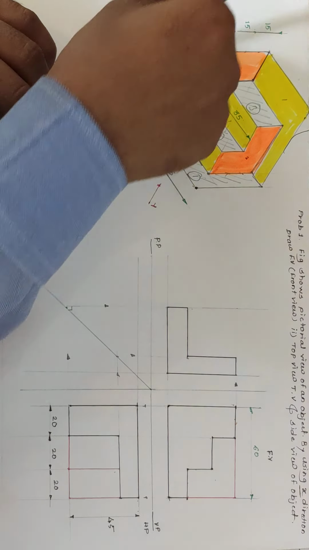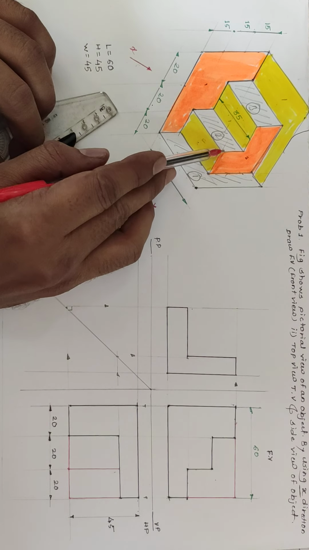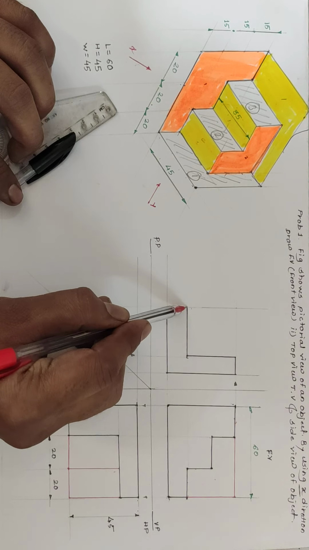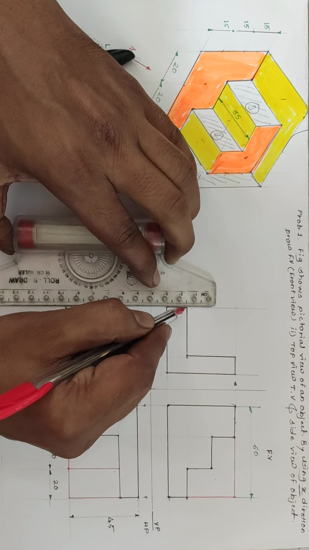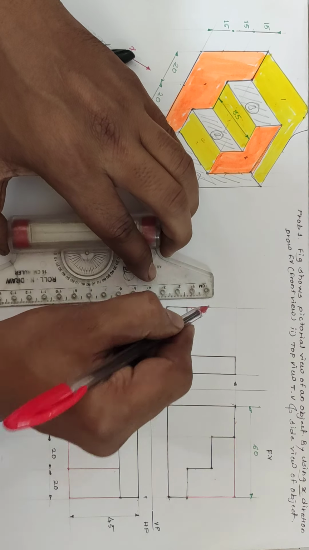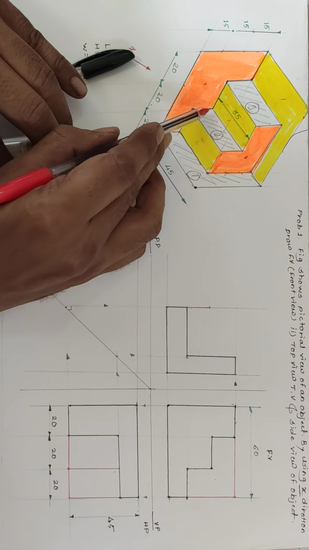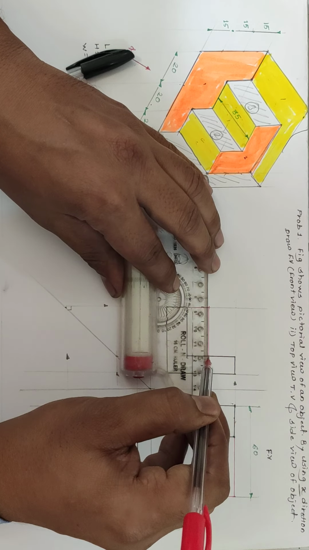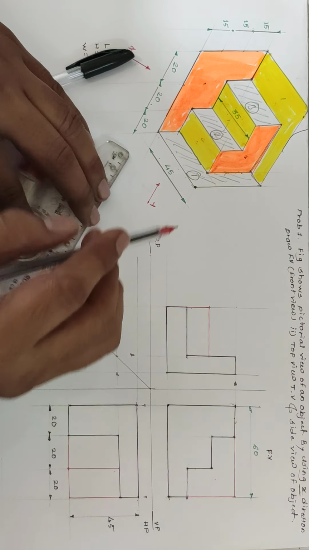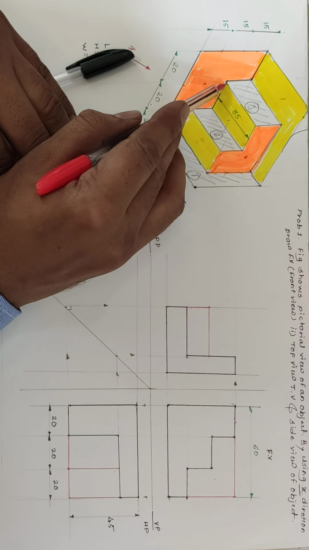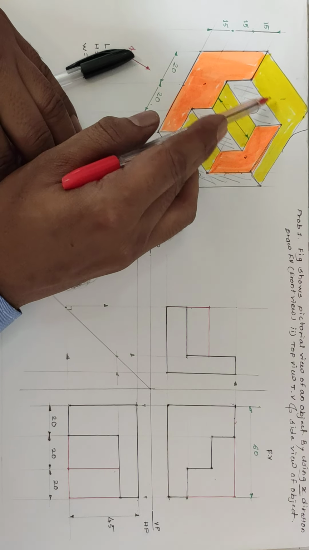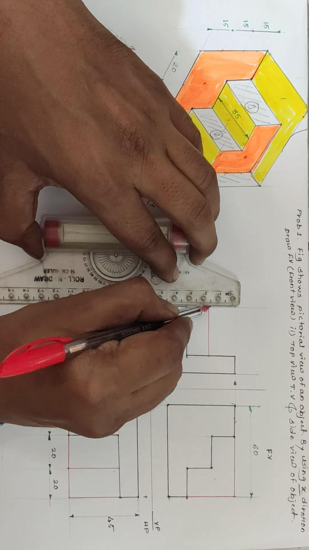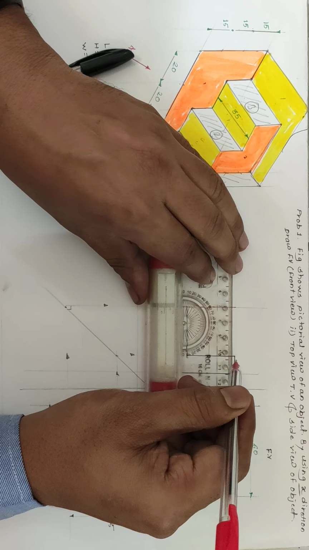Next part, it is a second one. In second block it is having 35 mm, and then this corner we can start from this portion. So total height, it is a 15 mm. Okay, this is a 15 mm, and again this 15 mm and total 35 mm. Draw the horizontal line 35 mm. So initially we taken the 35 mm, and finally the third part, that is a height having third part 15 mm and total distance is 35 mm. So again this is the 15 mm and this is the 35 mm.